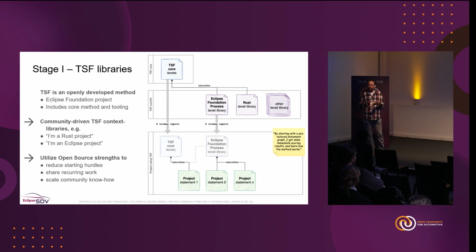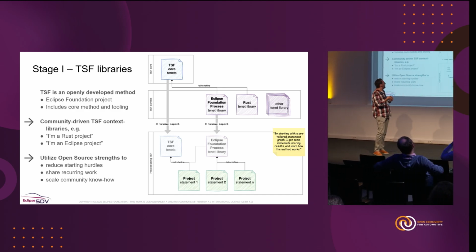We can share those. Once we have a Rust statement library with Rust quality goals, then the next project does not have to redo that work. We can evolve that together. And every project doing Rust can now pull the Rust-derived goals into their quality graph and instantly have a starting point for getting a certain part of their tree scored. Second example